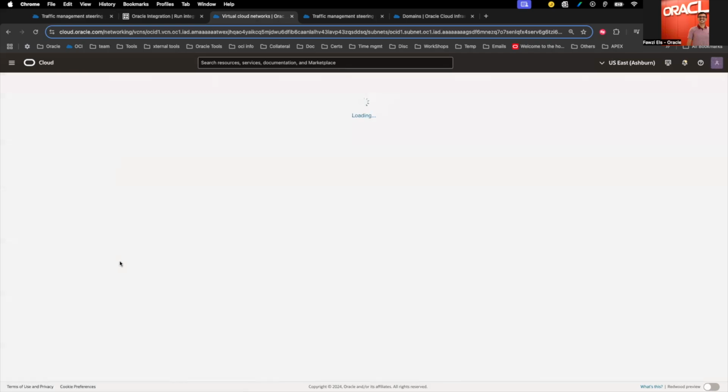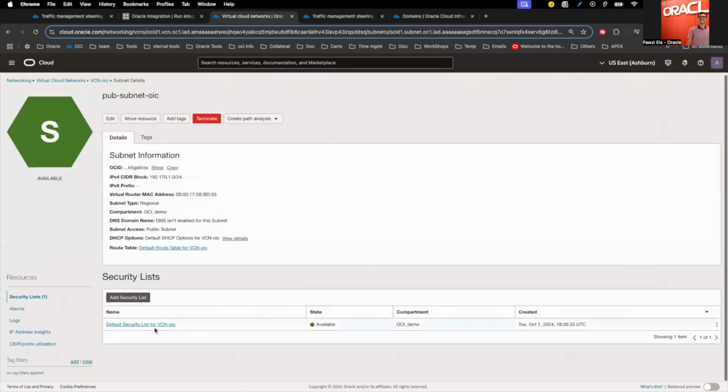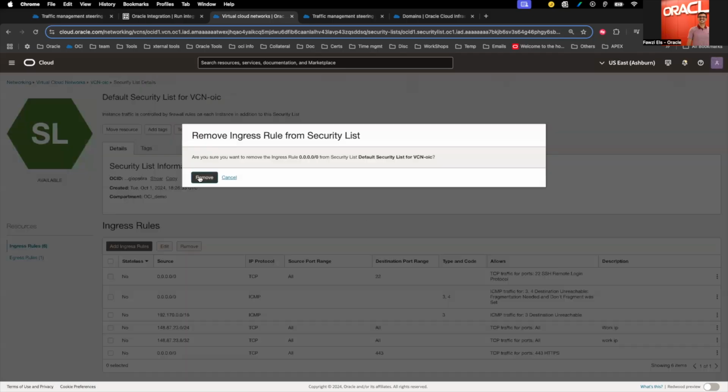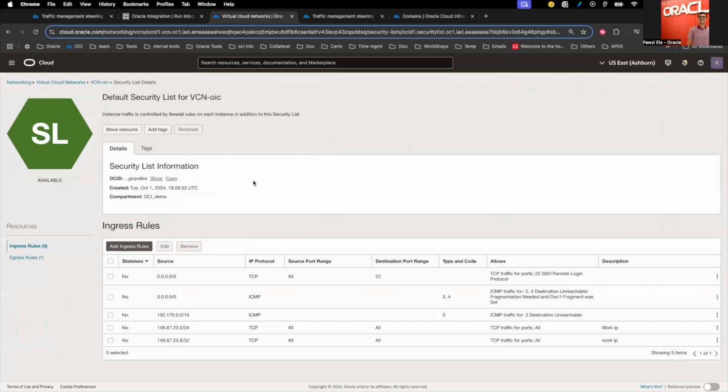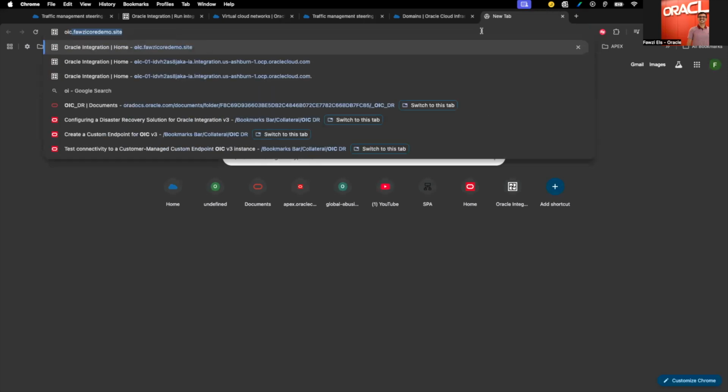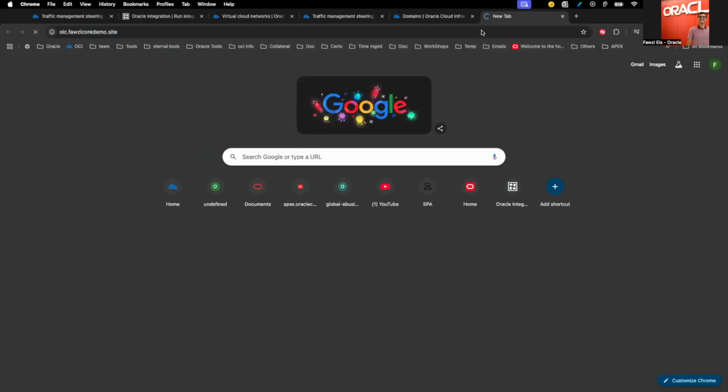So the public subnet is using the default security list. From there, I'll just take out the port 443. In that way, there's no access to the integration, the load balancer. And to test out the host name,